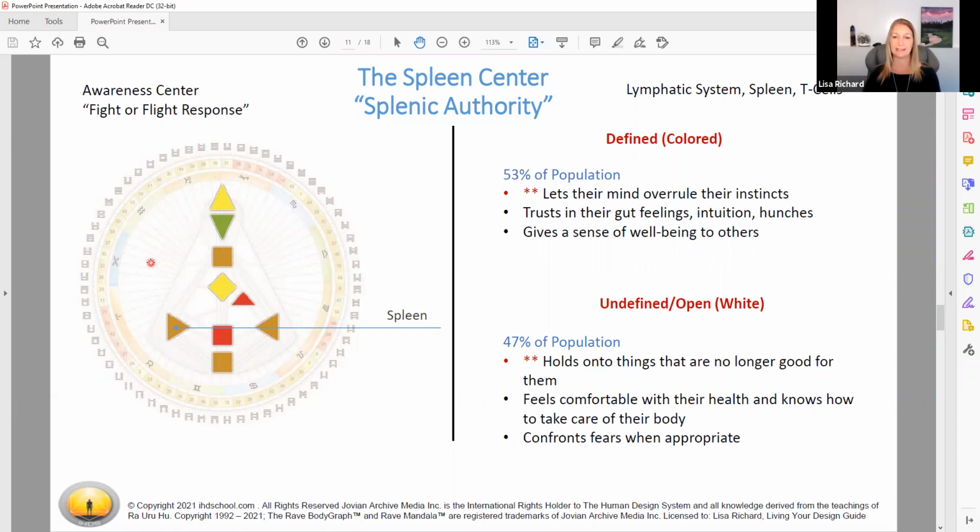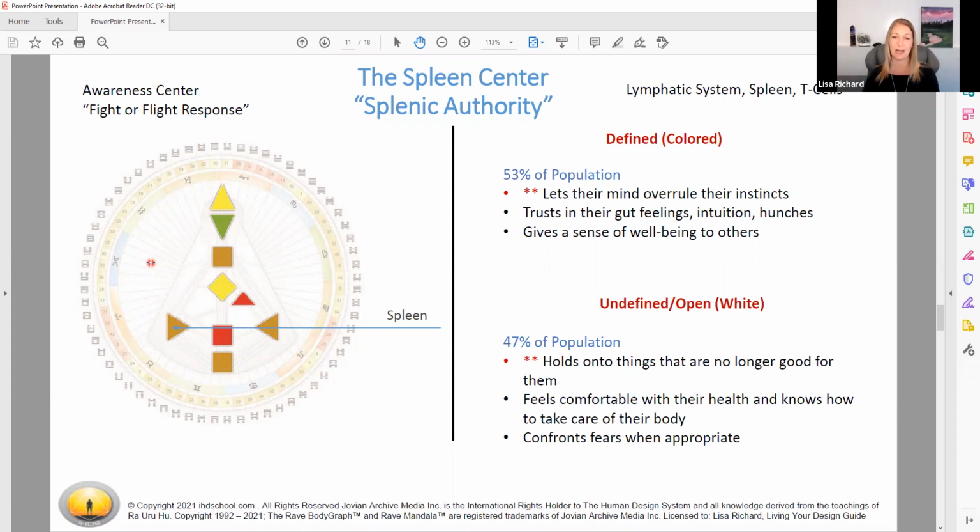So the wisdom in that center is learning to question, whose fear is this? Is it mine or does it belong to somebody else? They can confront the fears when it's appropriate to do so. So pushing through that energy to get to the other side to prove to themselves that, I can do that. That wasn't mine to hold on to. That's not the me of today. That is something I can let go of. Now I'm wiser. Now I'm stronger. Now I'm more confident in trusting in myself.